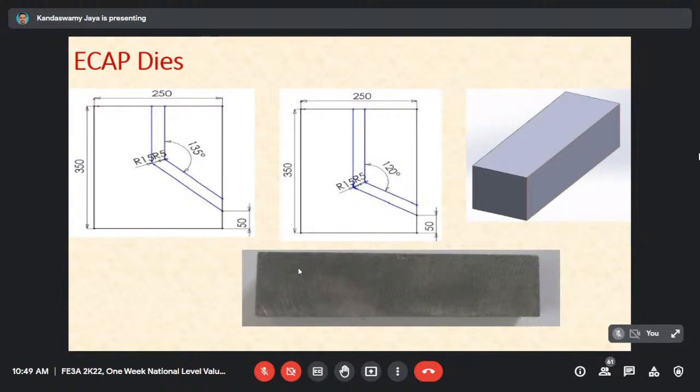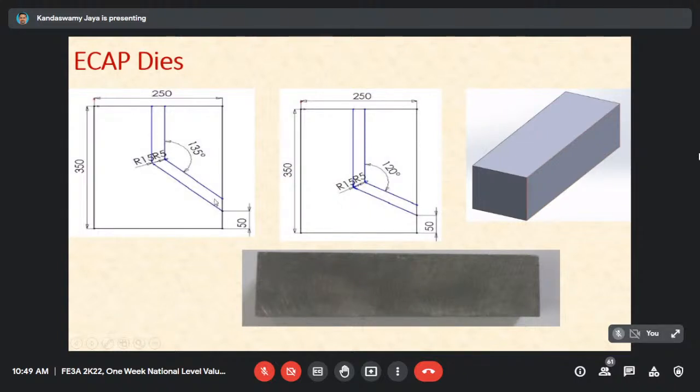M by I is equal to F by Y is equal to E by R. So the first two will also be satisfied, 1 and 3 will also be satisfied. That's the beauty of this particular strength and stiffness. Both will be increased when it comes out of this, right? The more